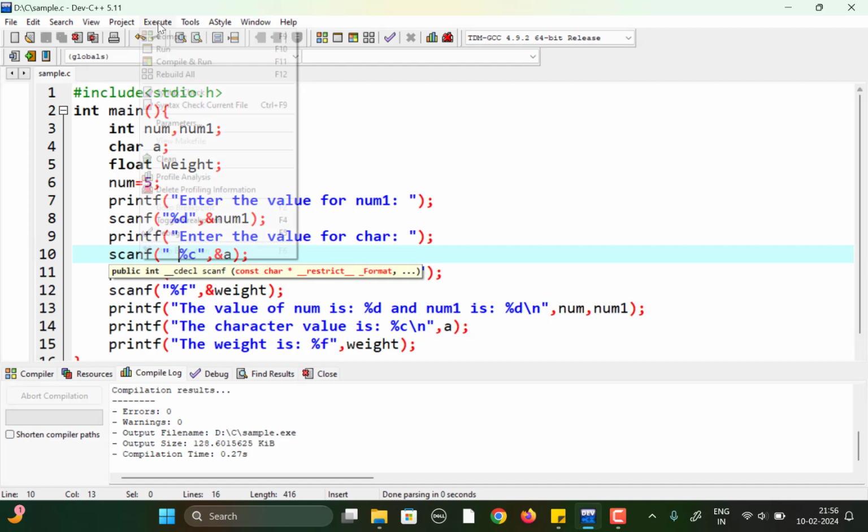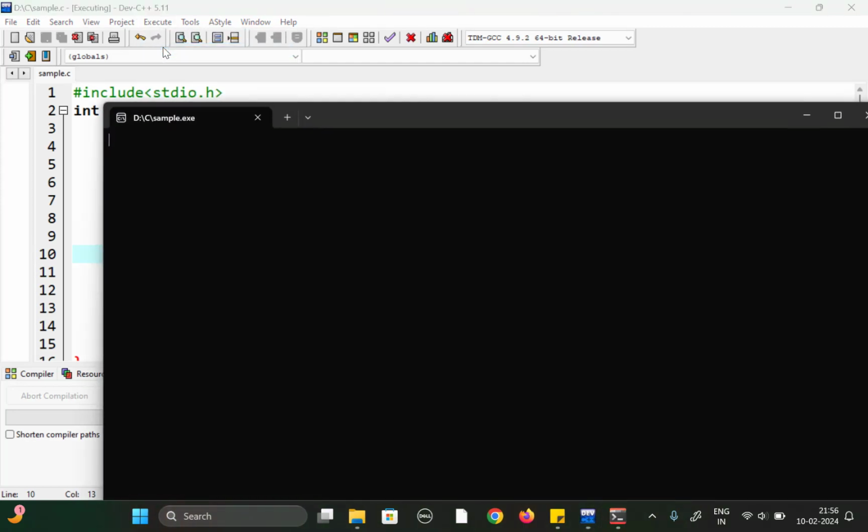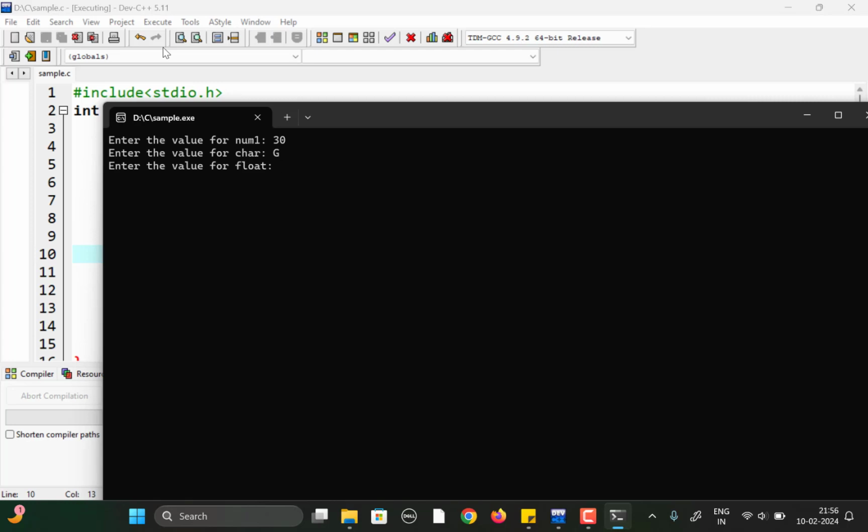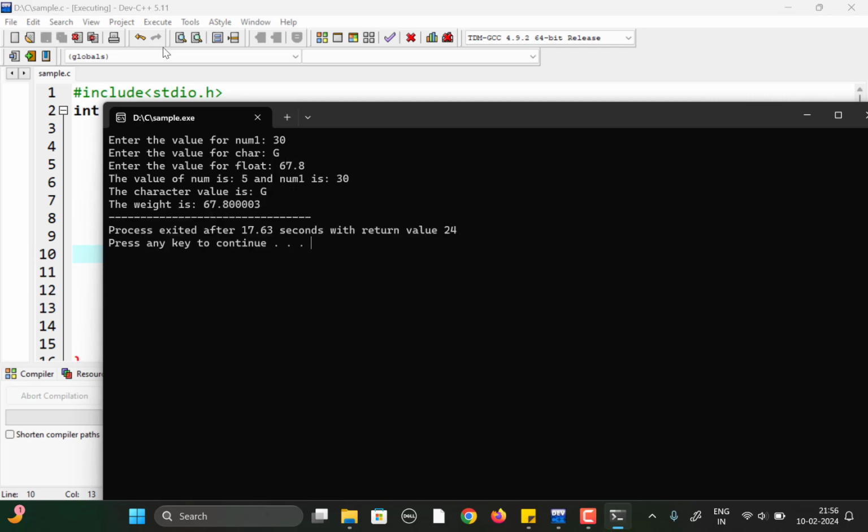Compile, run. Okay, 30. Enter the value of character. So let's suppose I say G. Enter the value of float, which was the weight. So let's suppose 67.8. And now you can see the value of num is 5, num1 is 30, the character value is G, the weight is